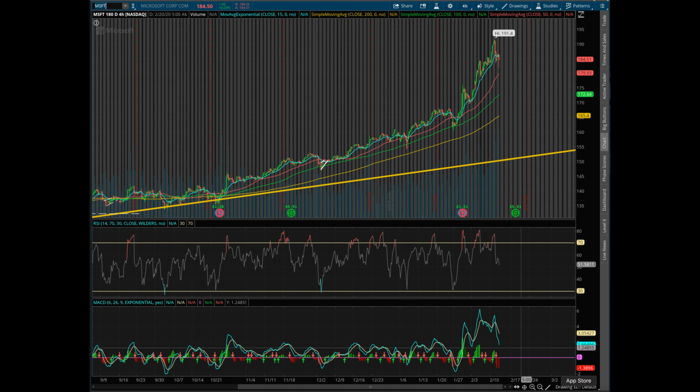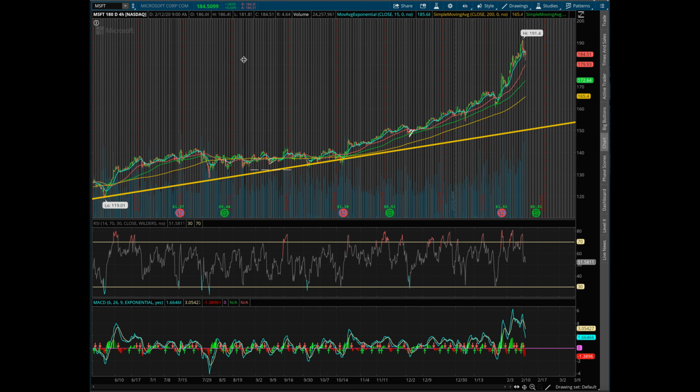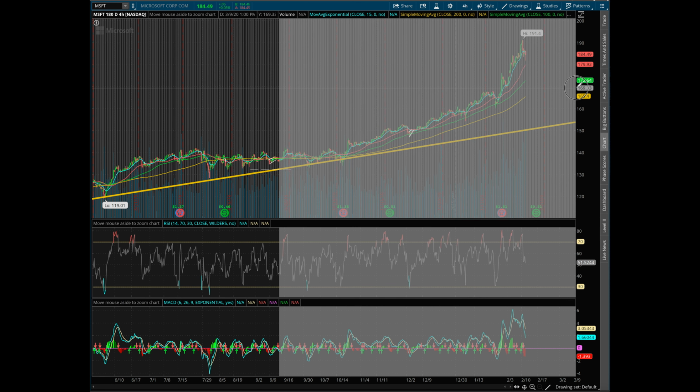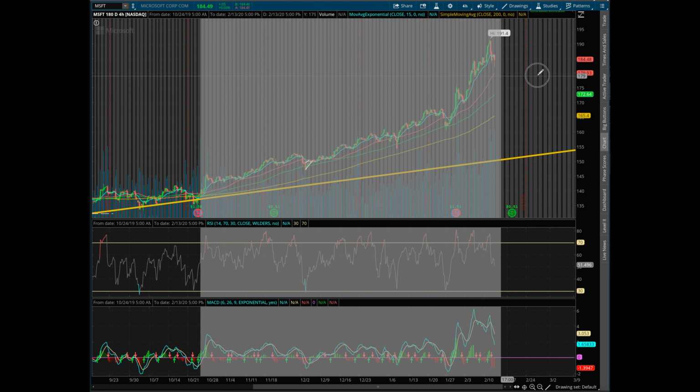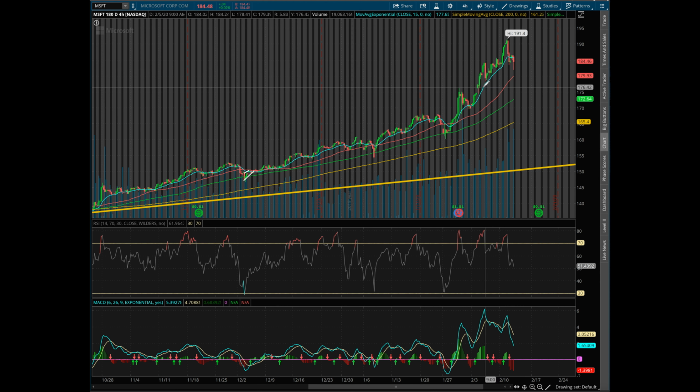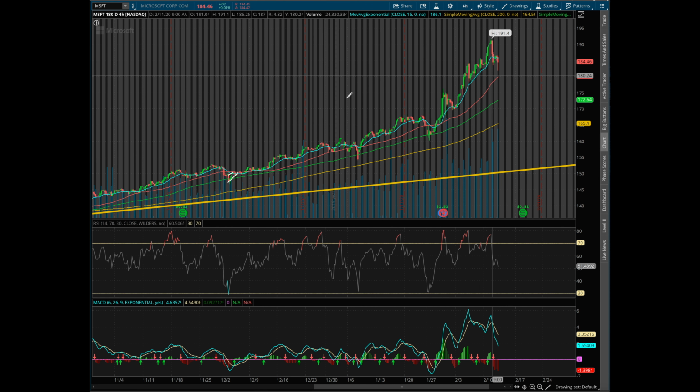You can see for something like Microsoft, this thing has just been going up and up and up. And it's not as easy if you're a beginner to just see like this is support, this is resistance, because it's not moving sideways like Boeing and Winwar. But one thing that you'll notice is that SMAs usually tend to be a pretty predictable support and resistance for